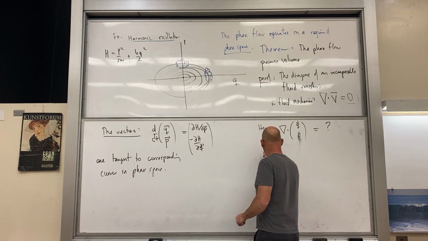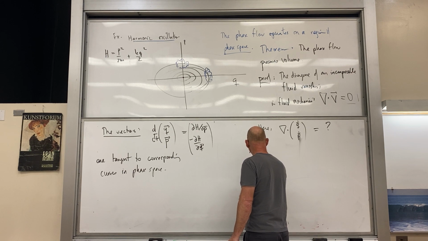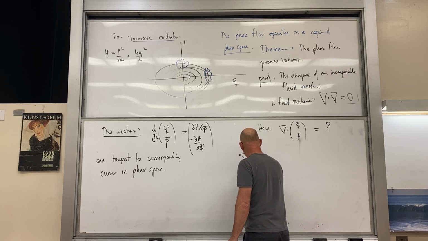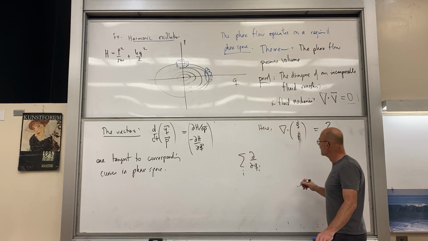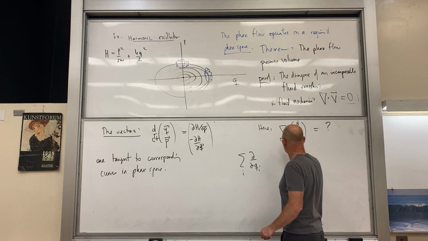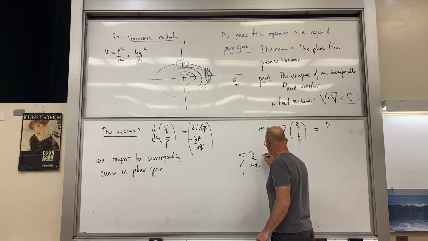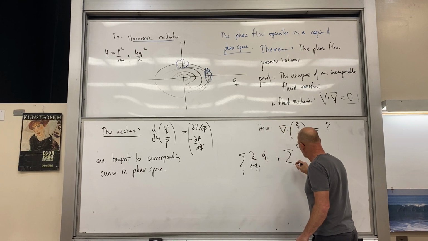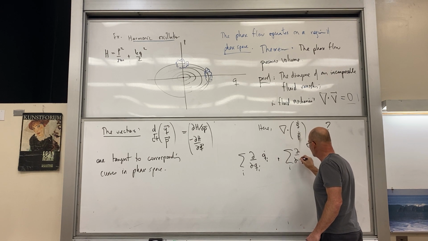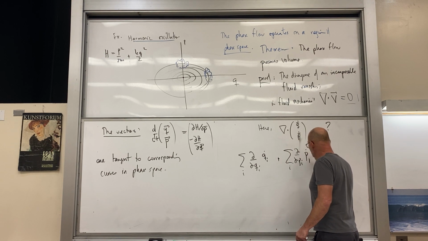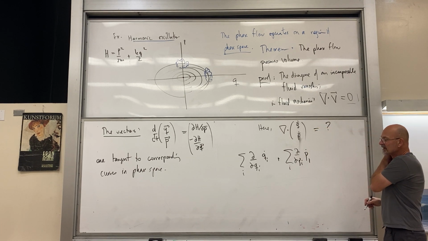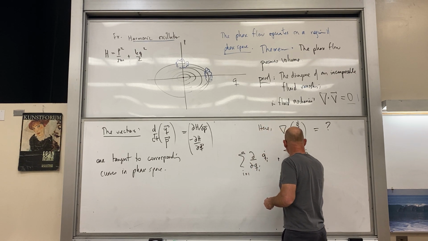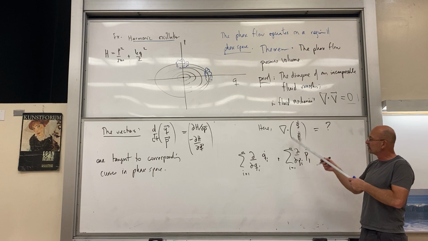Well, this divergence we could say is the sum over i of ∂/∂qi of qi dot, plus the sum over i of ∂/∂pi of pi dot. Because those are the two n components, each i goes from 1 to n. Those are the two n components of this divergence,